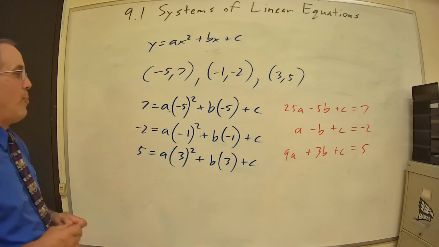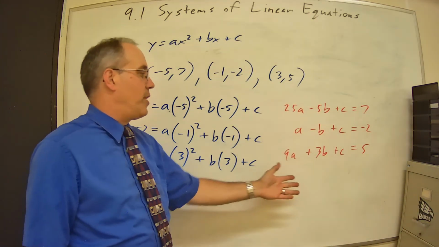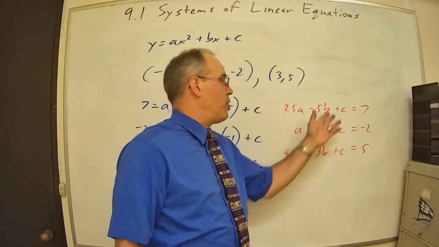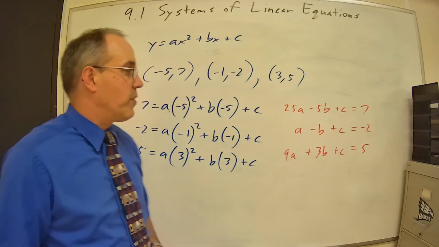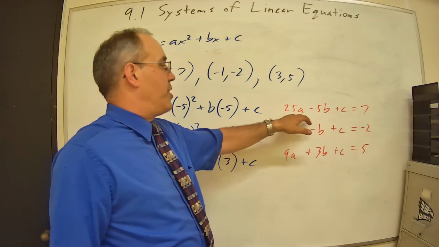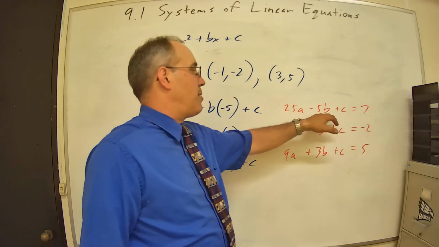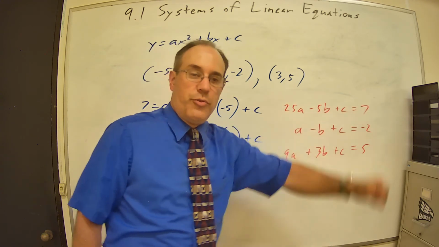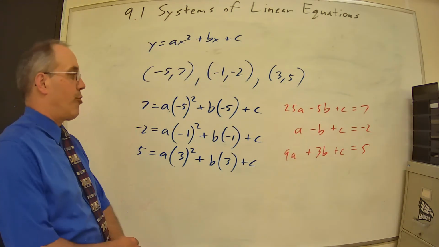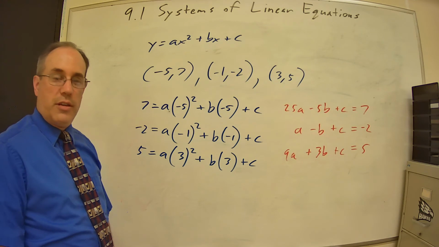So I've just come up with 3 linear equations, all in the form ax plus by plus c. Right, so 3 different variables, so constant times a, constant times b, constant times c is equal to a constant. So 3 linear equations with